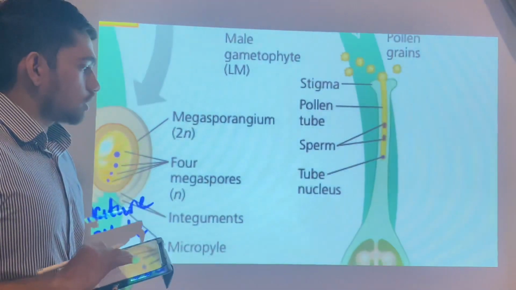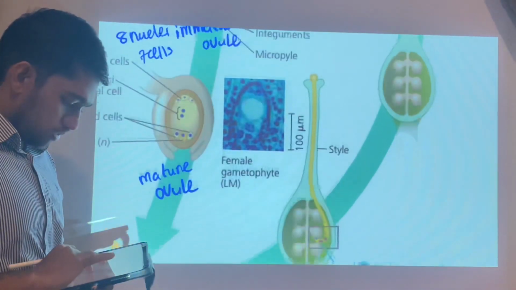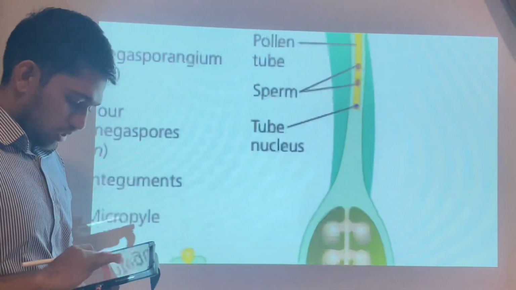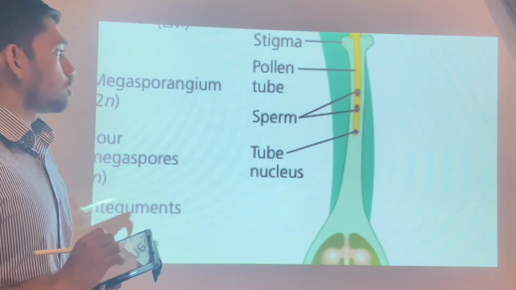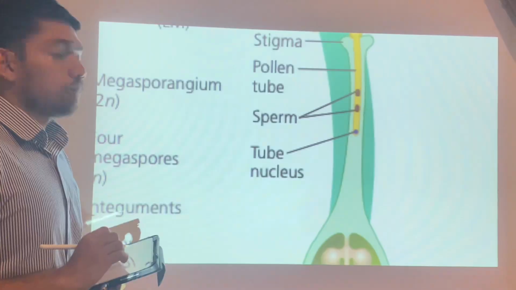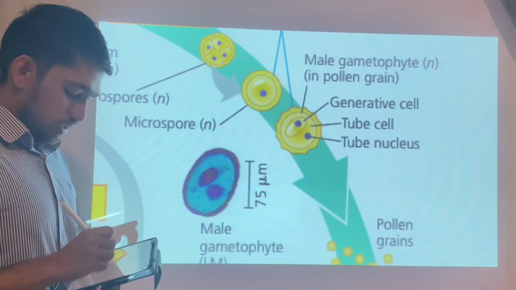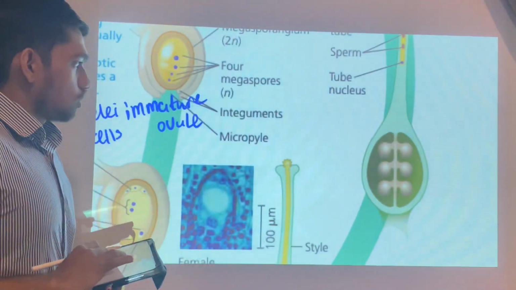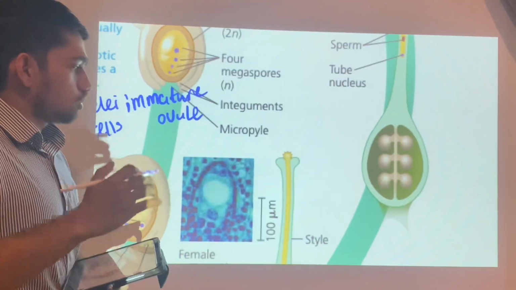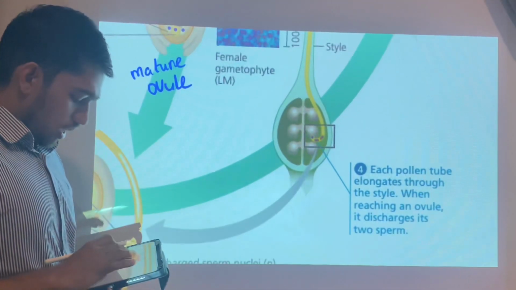So let's talk about the 2 sperms now. Can you see 2 dots here? There are 2 sperm cells getting transported by your pollen tube. These 2 sperms are produced by this generative cell. So the pollen tube is going to go through your style and reach the ovary and reach an